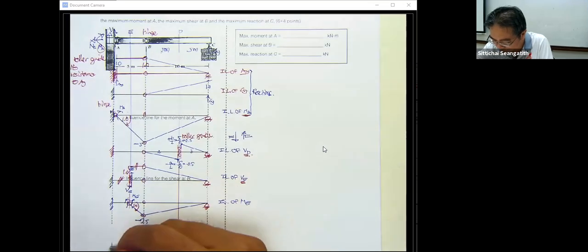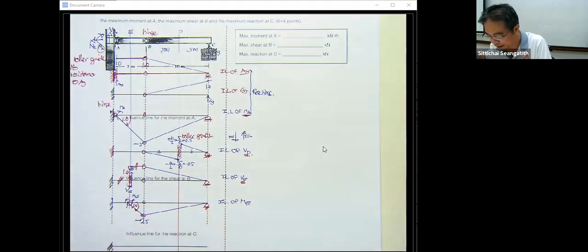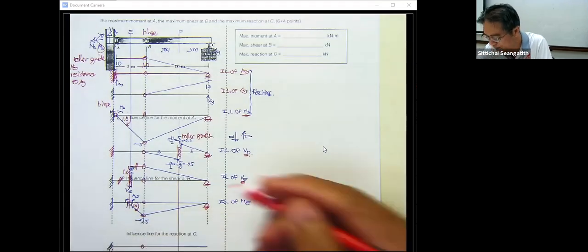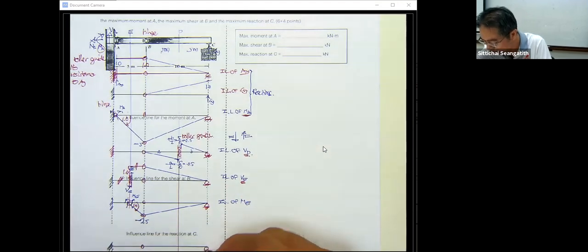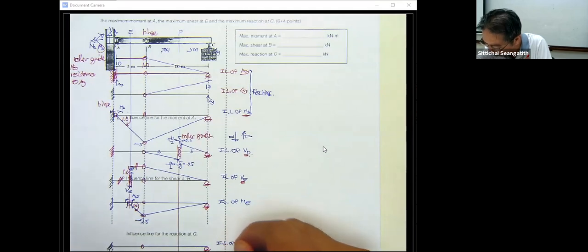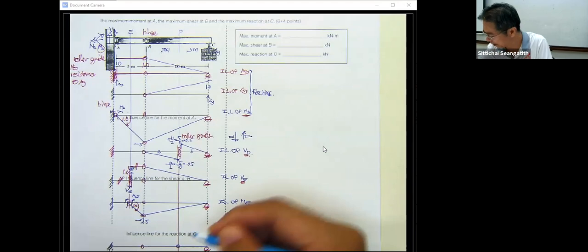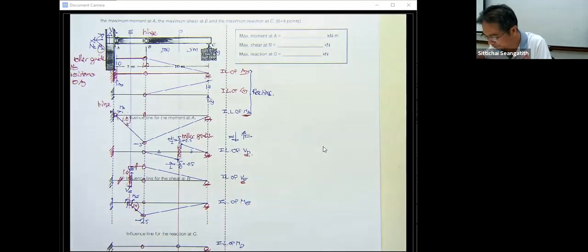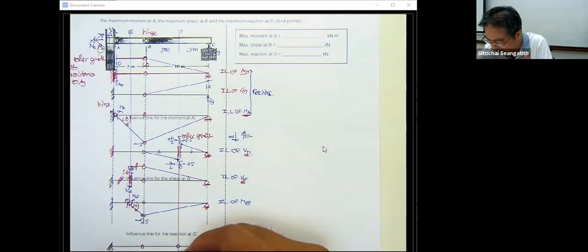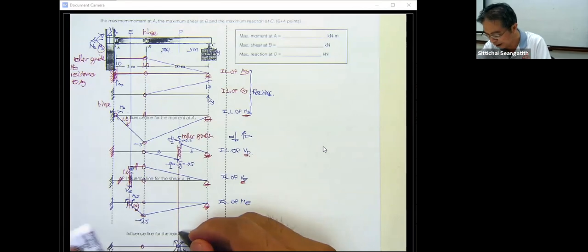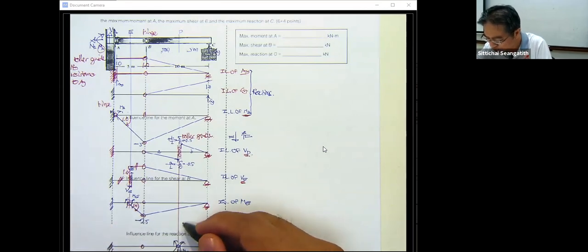Okay, this is going to be the same. There's one change, and this hinge is going to be the same. This roller is going to be the same. You have to draw the influence line of M sub D. Just release the resistance to the M sub D. Okay, and then put the moment M sub D to move this one up, and this one is going to move to